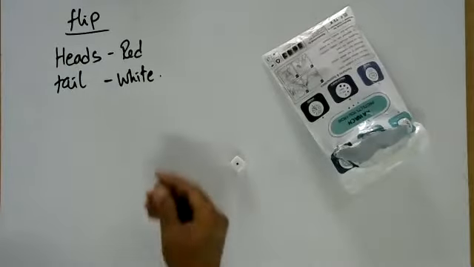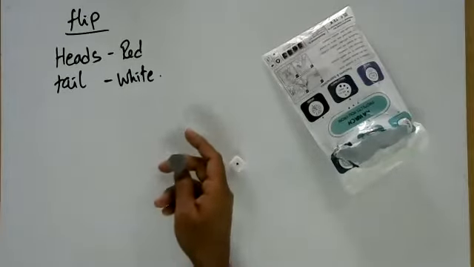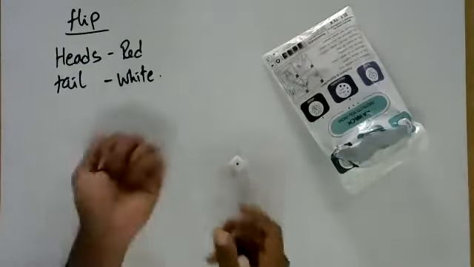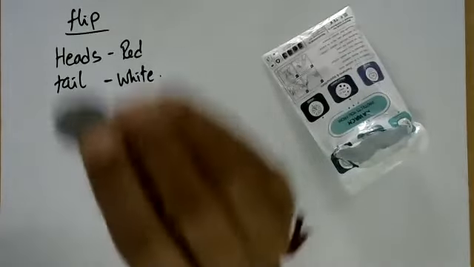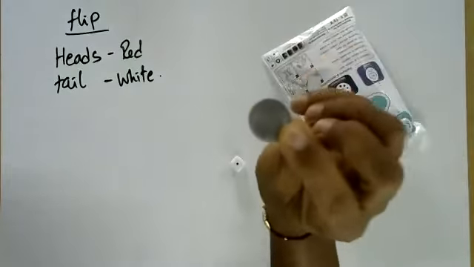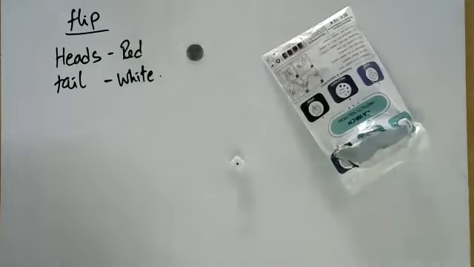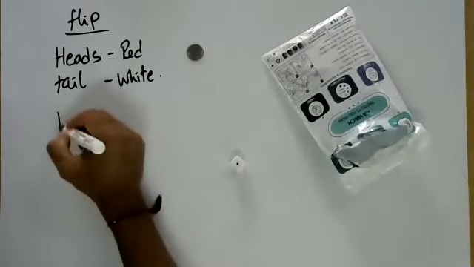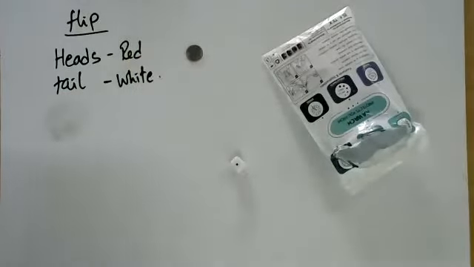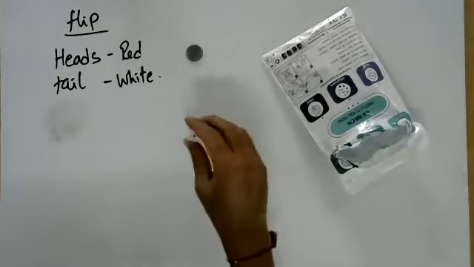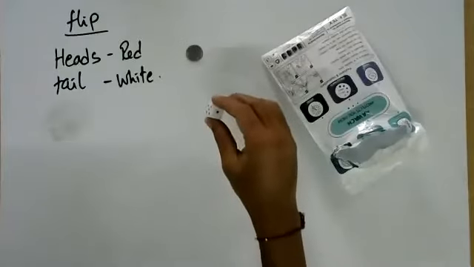Okay, so I'm going to do this twice. Do we have to write this? No, you don't have to write it. I'll tell you what to write. So I flip the coin, and I see what it is. It's a head. You probably can't see it, the focus is too far out for this camera to catch that, but it's a head. I'm just giving you my word for it. So it's red color. Then I roll the dice. I should be careful now. If I drop it from too much of a height, it will bounce off the table. So I'm just going to drop it from a small height.